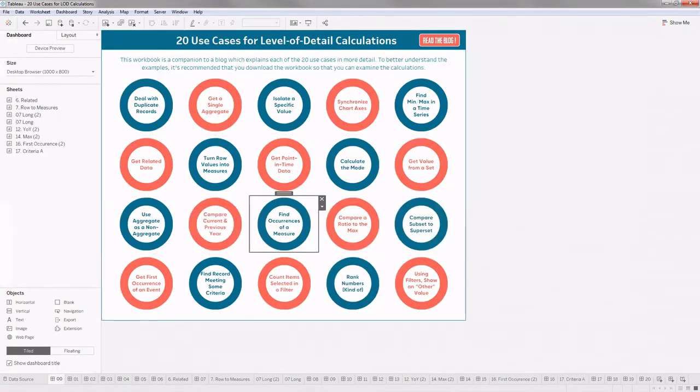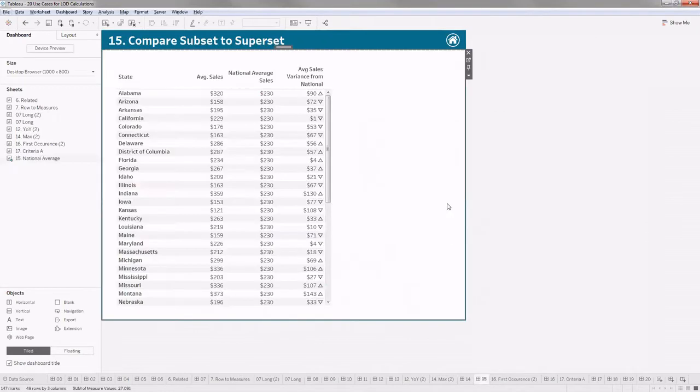This is a pretty straightforward one, but let's see what it is. Here I'm in the sample superstore data, which is data for only one country, US, and I have a visualization that shows the average sales for each state. Let me go to the sheet.